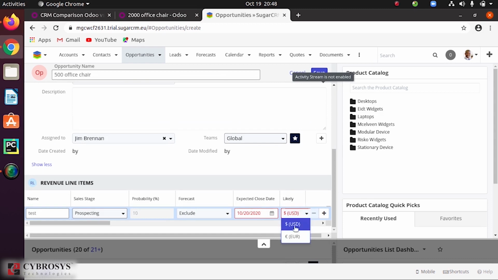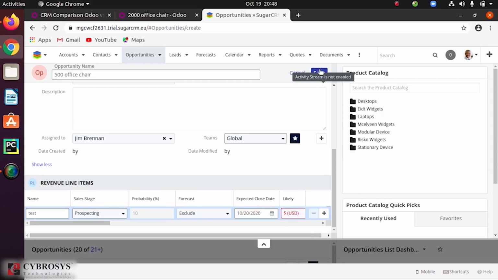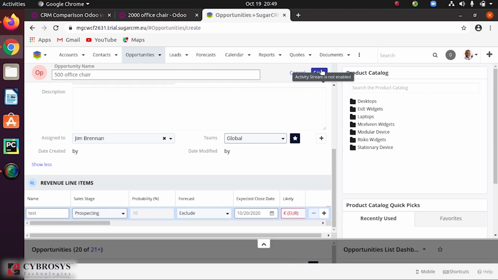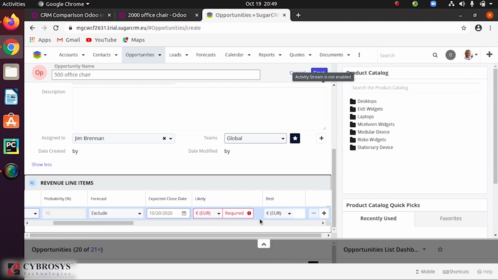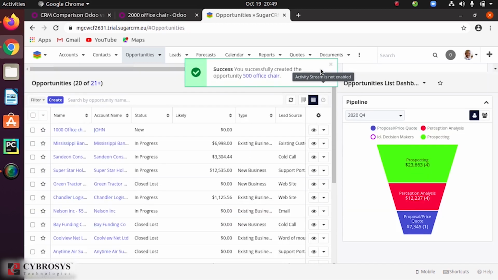Okay, so now let's save this. So here you need to mention the amount also. So required, suppose 10. Let's save this. Yeah, now we can save this.